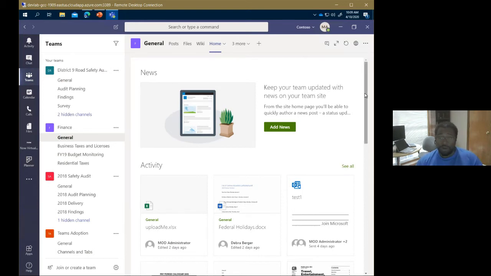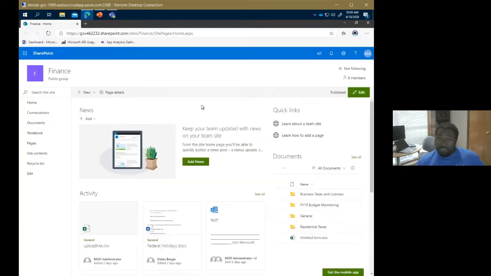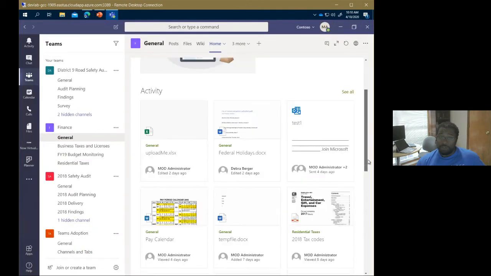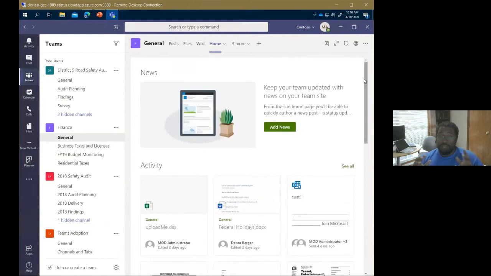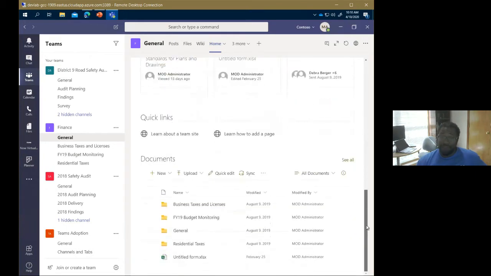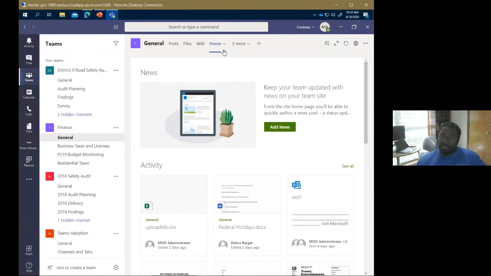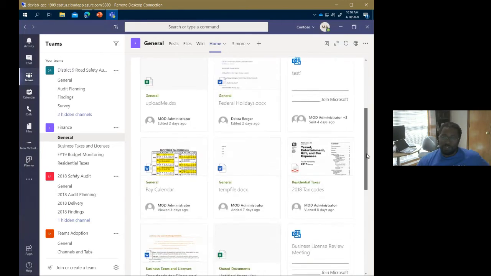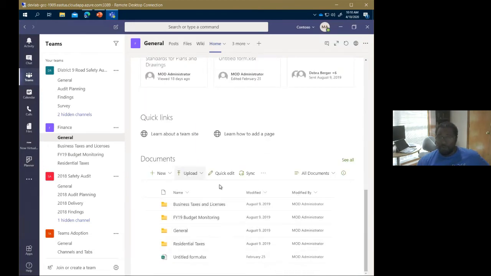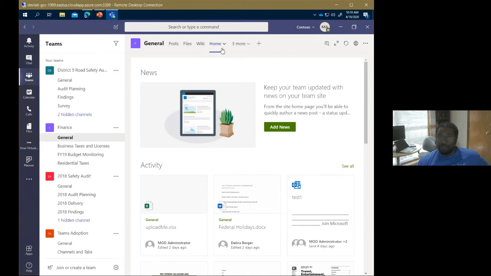In fact, because SharePoint modern pages are responsive by design, I don't know if you paid attention, there are actually a couple of web parts that were on the side, but those are now showing down at the bottom, because being responsive, it knew that it was in a more squeezed frame, and it pushed things around to make them look nice in that frame. So these tabs are more than just glorified bookmarks. They are elegant integrations of the thing that you're trying to make a tab for. So if you do have a page that has a lot of cool web parts on it for your team, adding that as a SharePoint page can be useful.